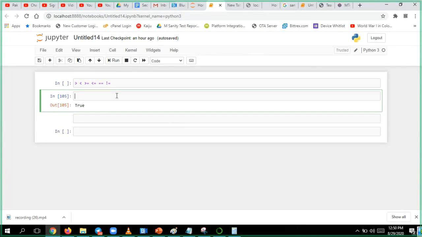Now if some number is there and I convert it into Boolean, what will it give? True. Internally, when you use a logical operator, it will take the first value, convert it into Boolean automatically, and get true.